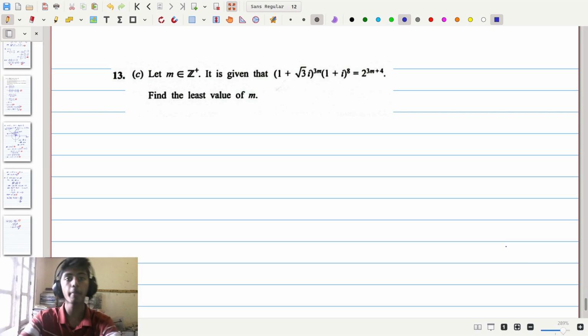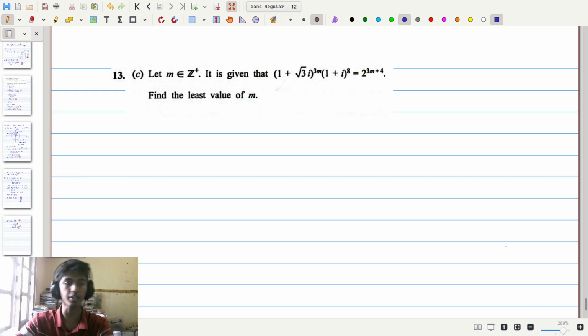2025 A-Level Combined Mathematics Paper 1 Part B, question number 13, Part C. Part A of this question was discussed in a previous video, link in the top right, and Part B of this question was also discussed in a previous video, link in the top right. Part C of this question is relatively short compared to those two, and it has to deal with complex numbers